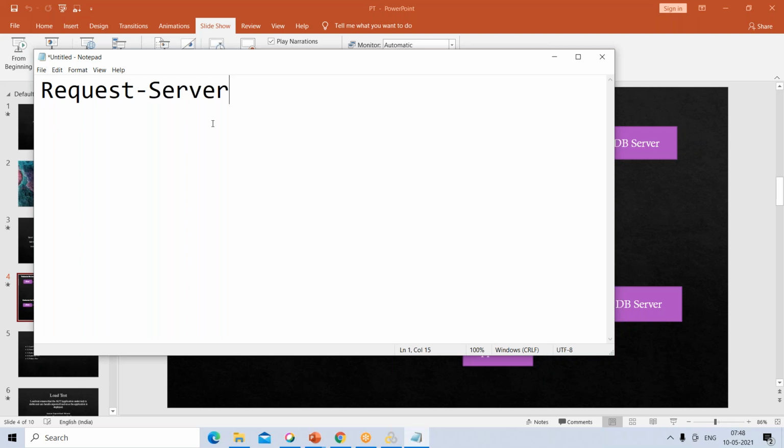How much time it takes to load with all that content, we will not be able to see with this particular protocol. We will see only the server response times, how fast the server is responding.